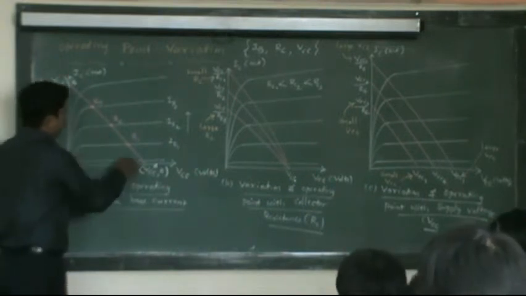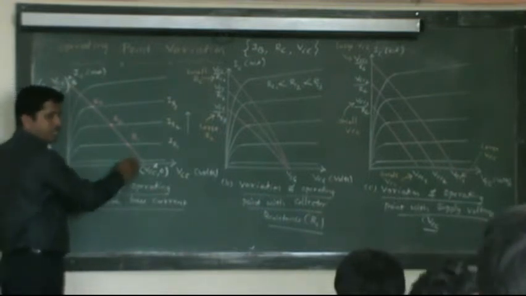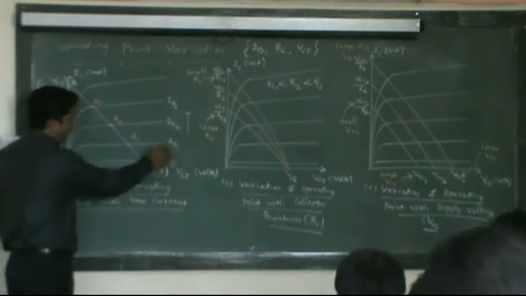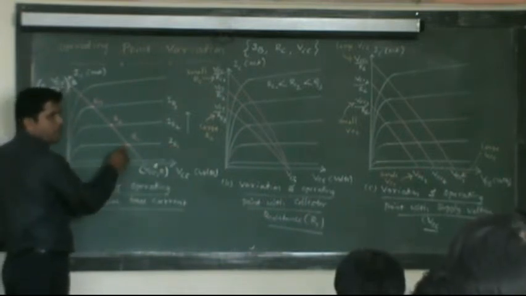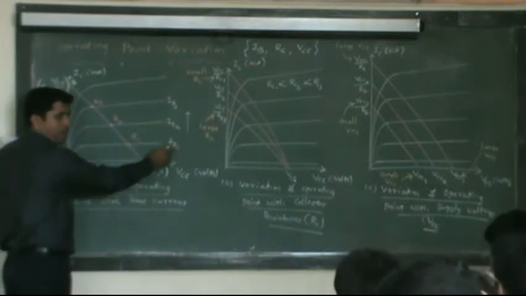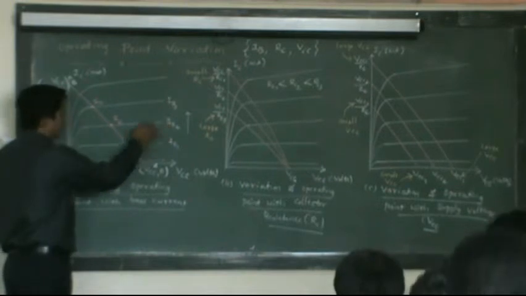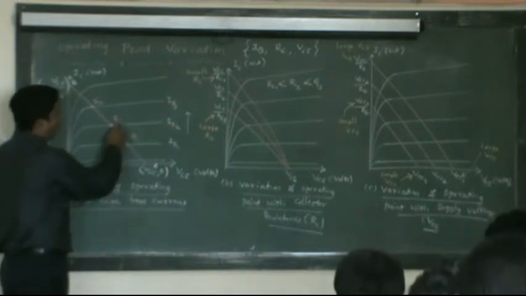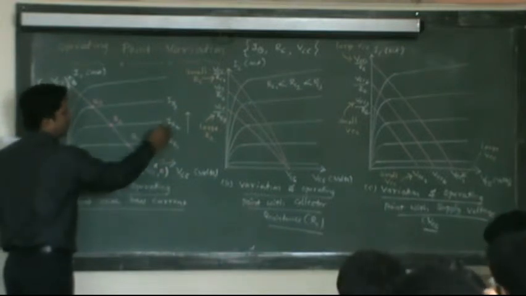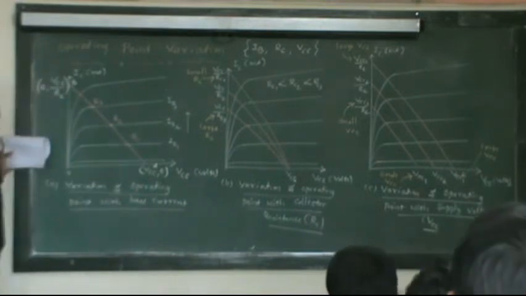You can see what the load line depends upon. Once you fix the load line, look at the intersections here. If you choose IB1 as the base current, the intersection is here. This becomes an operating point. If you look at a second base current larger than IB1, say IB2, and choose this as the base current, then Q2 will be the operating point. And lastly, if you choose a larger value as IB3, Q3 becomes the operating point.